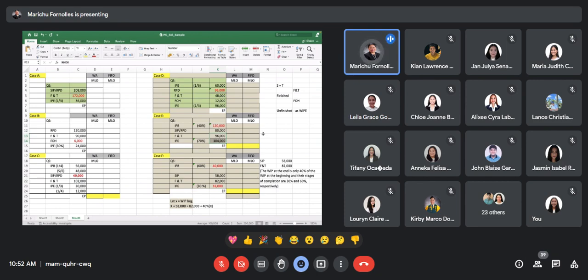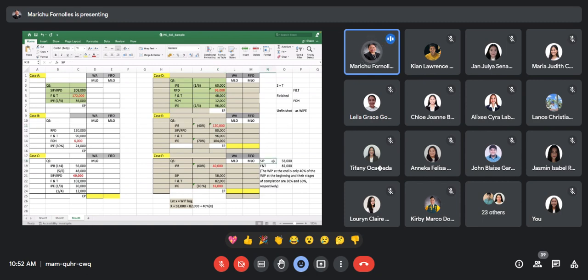So we have a total of 200,000 units, of which 80,000 is the SIP or RPD. So 200,000 minus 80,000 will give you that balance of 120,000 as IPB. For case F,